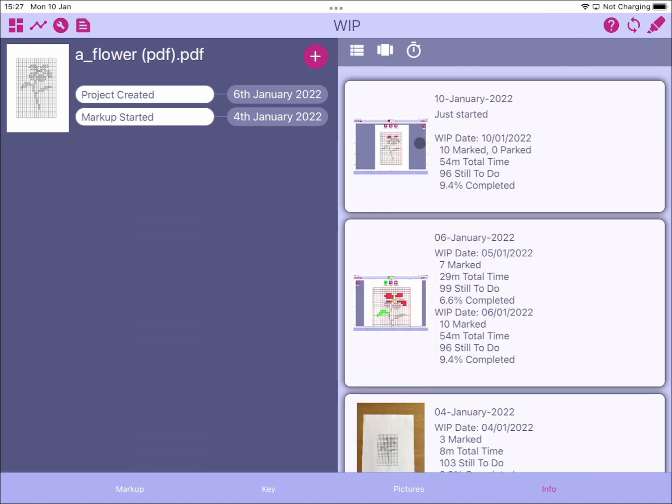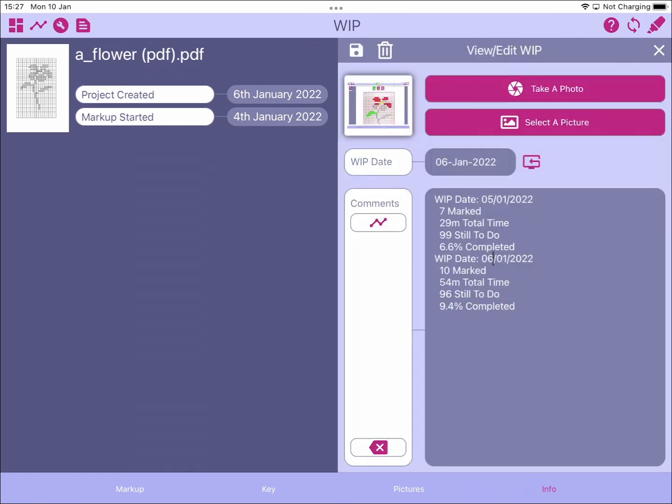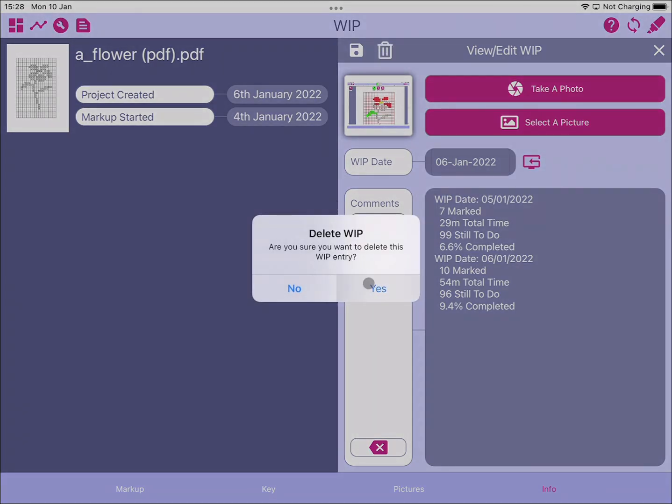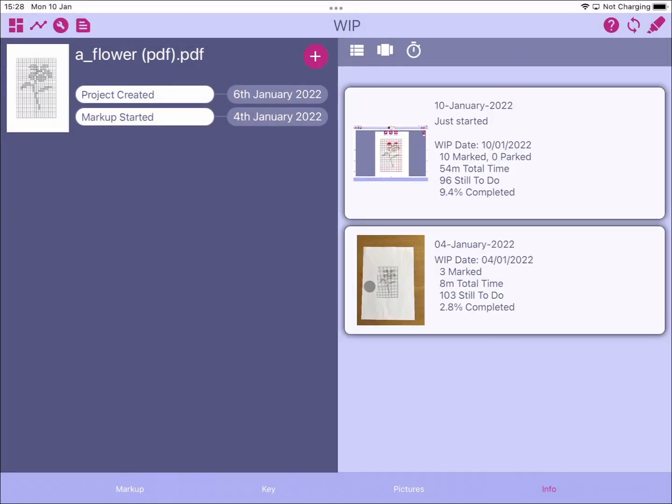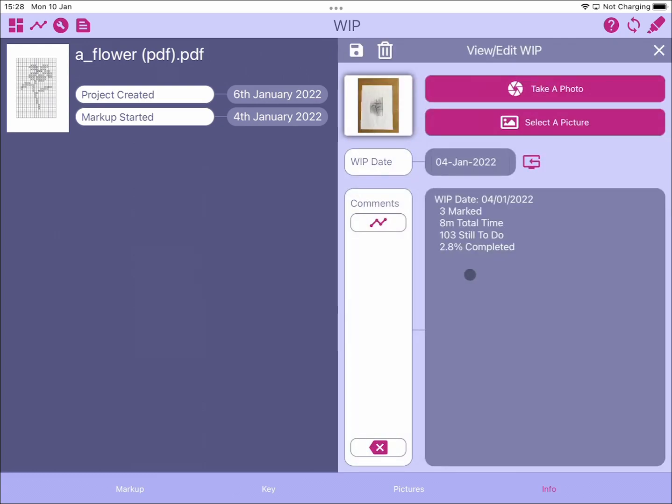So if we go back to the list and we decide actually on the 6th of January we no longer want that work in progress, we can hit the delete button and that will say, do you want to delete this work in progress? Yes. And that has now deleted it and that will take it out of the list altogether.